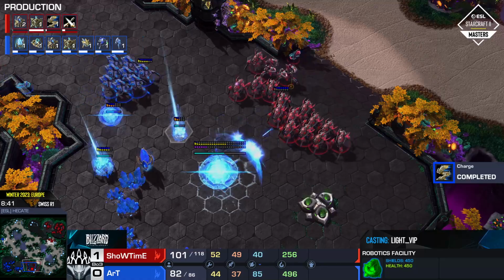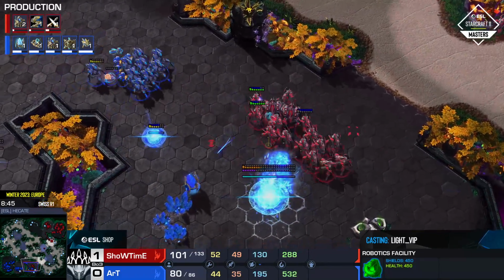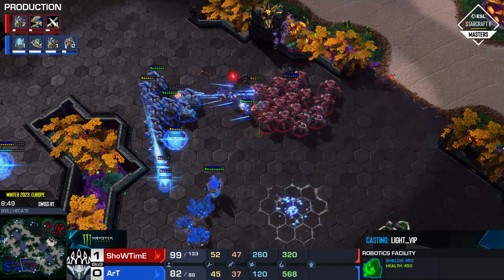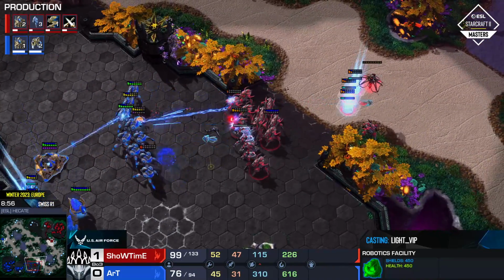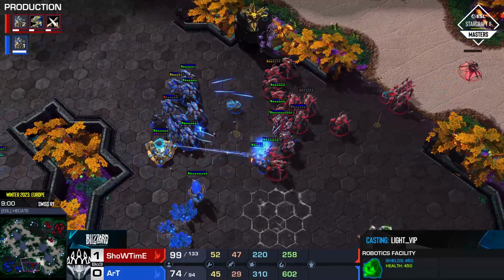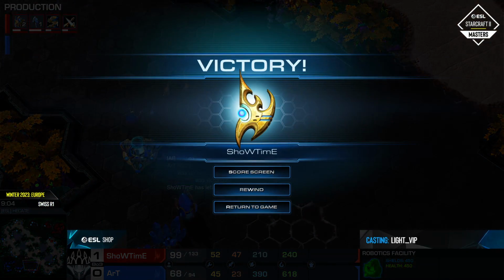He is looking to deny this third. Defensive DT gets warped in, but we have detection. Nexus is going to go down. We push on forward. Charge kicks in. She's going to do a great job tanking shots. But it's not going to be enough. As the Immortals, they break through the defensive line of Zealots. And GG is going to get called, and ShoWTimE will take the series 2-0. Showing